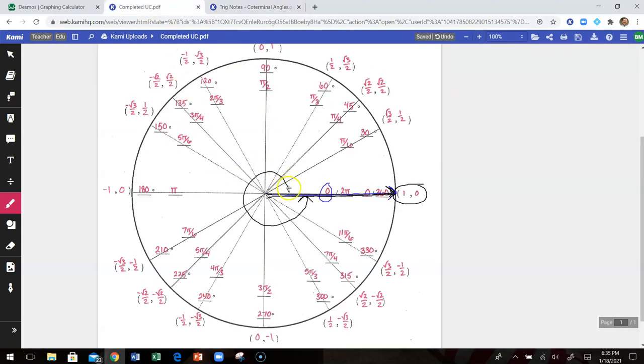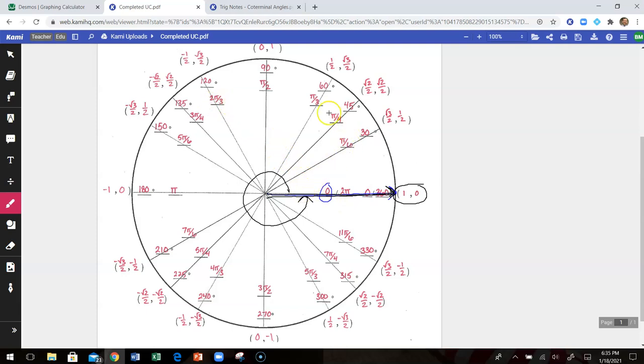You should hopefully know that angles don't stop at 360 degrees, right? If you're a fan of the Olympics or X Games or anything like that, you should know that angles larger than 360 degrees exist, right? If we go around 2 full times, that's 720 degrees, right? So the idea is